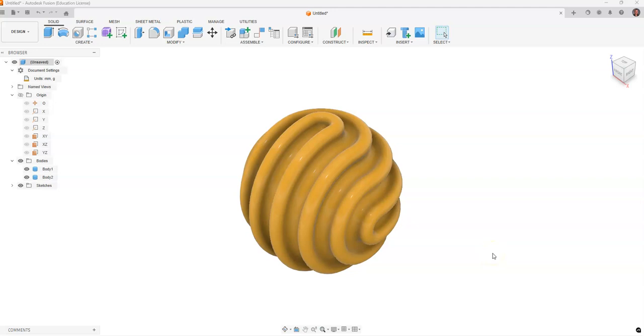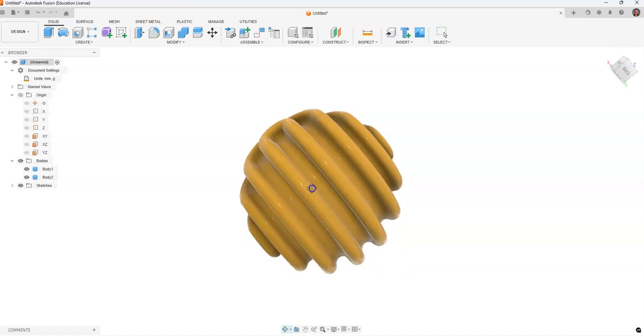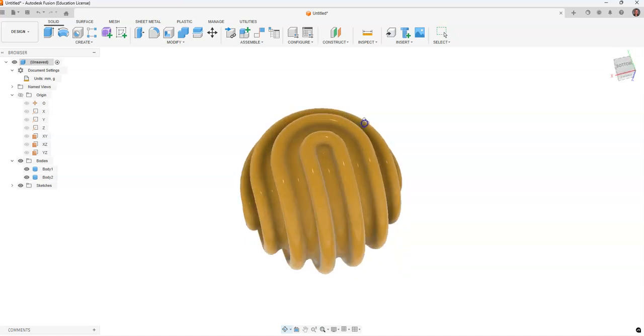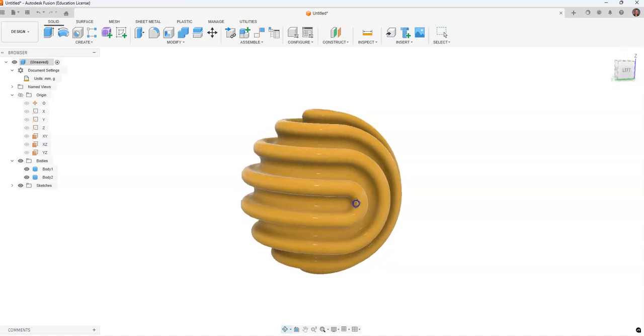This is a video for how to go about creating a spherical object with cuts along different planes in Autodesk Fusion. You'll notice the object on the screen is a sphere but has cuts that move along different planes and can kind of morph different directions. So I'm going to show how to create this in Fusion and also how to use the move copy command